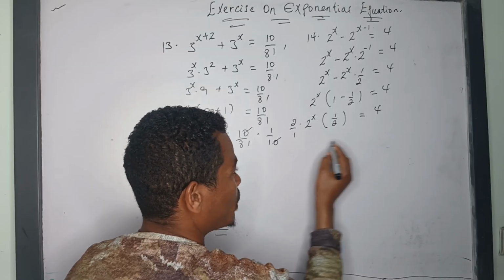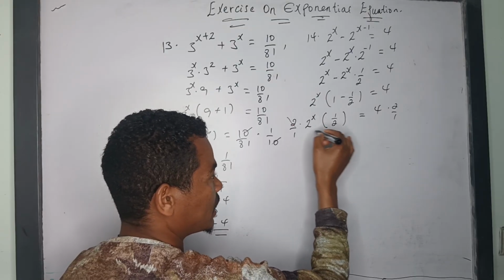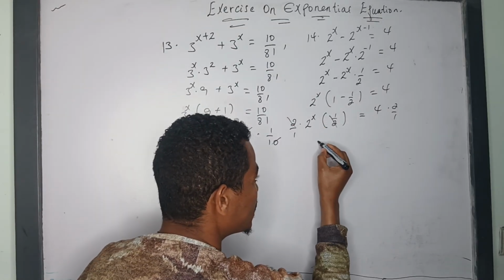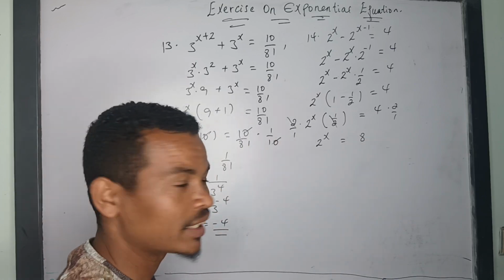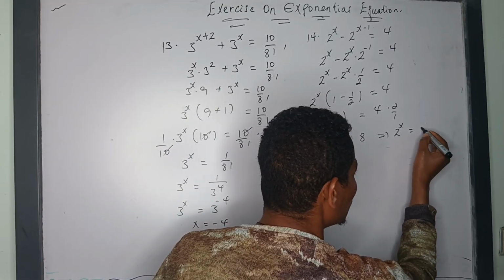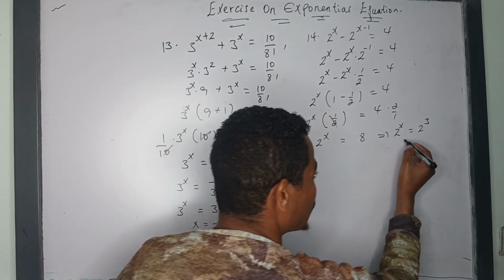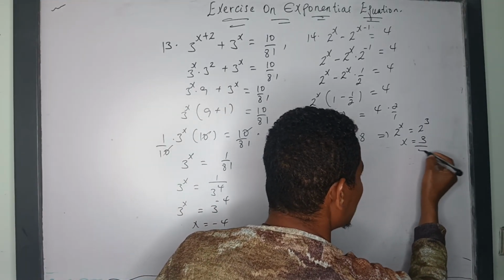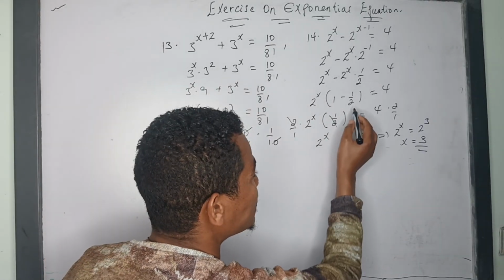Okay, by 2 over 1 multiply, ብናደርግ ይሄንን by 2 over 1 multiply ብናደርግ, that is this cancel by this one, that is 2 to the power of x is equal to 4 times 2, which is 8 ይሆናል። This implies 2 to the power of x is equal to 8, is the same as 2 to the power of 3 ይሆናል። Then the value of x is equal to 3 ይሆናል ማለት ነው።